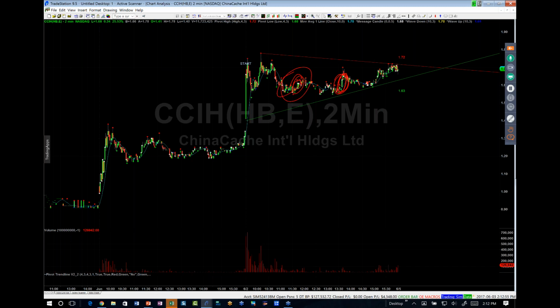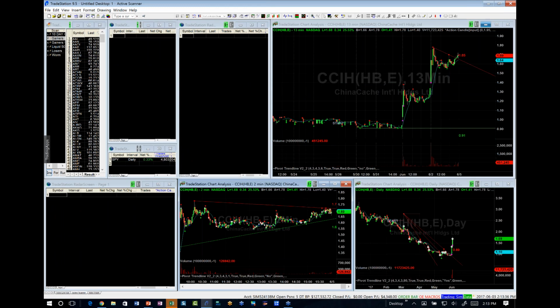What was my point in all that? Oh yeah, the entry signal is based on the 2-minute, but my confirming signal is on the 13-minute. And I actually do also look at the daily chart for more confirmation. Some of you don't know the rules yet, we'll teach you them next week. But all of that has time frame confirmation on multiple time frames.